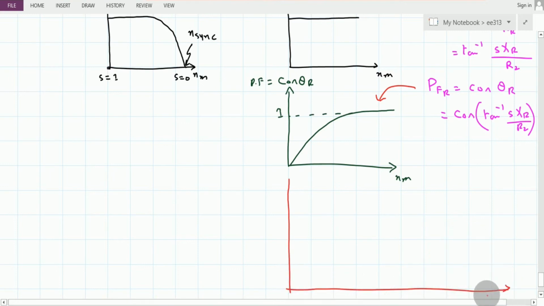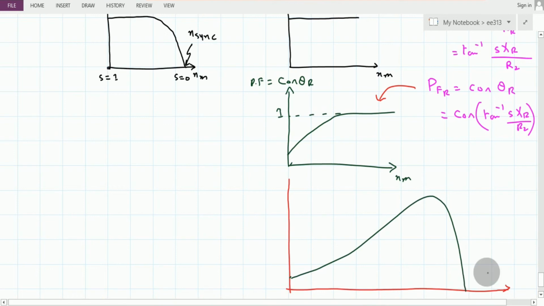So if we draw it here somewhere, sorry, we have a little bit of mistake. This thing does not start from here, rather it starts from somewhere here. So this is not 0. So we have this point multiplying with this particular point will start somewhere from here, and something like this one is the torque speed characteristics of the induction motor. This is the torque induced, and this is the mechanical speed of the motor Nm.